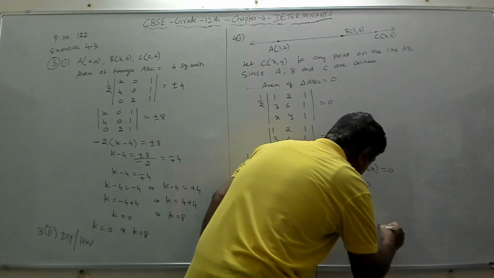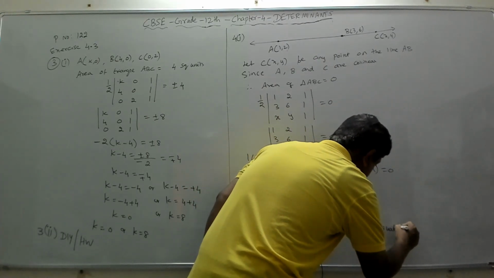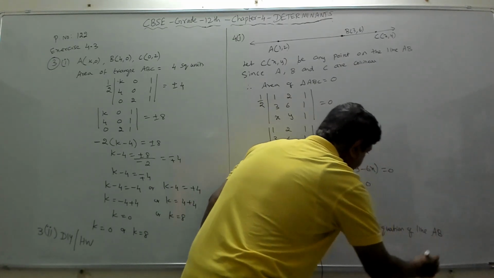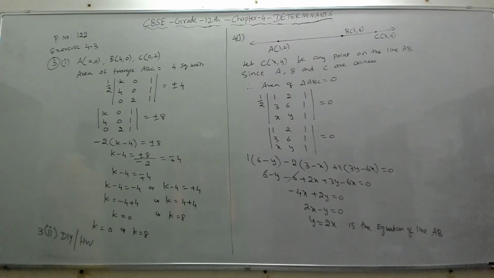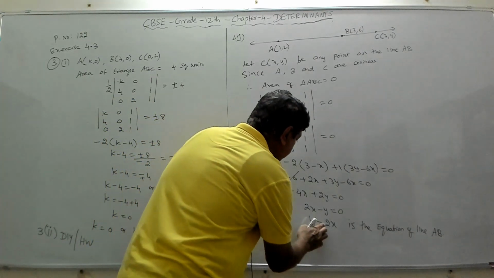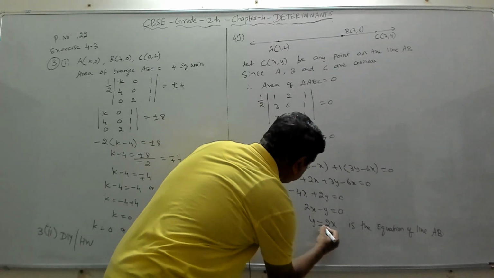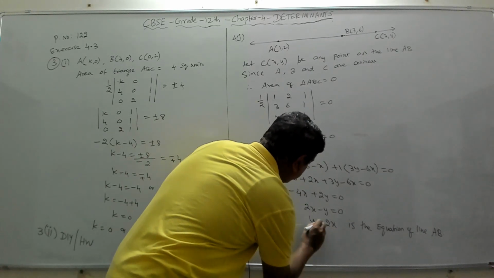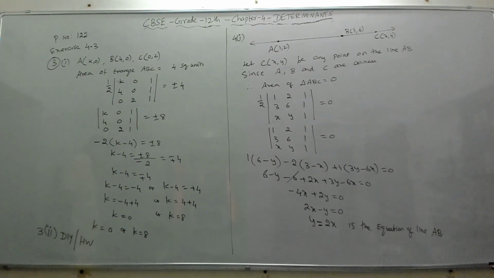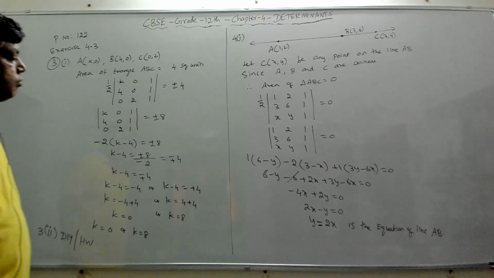Is the equation of line AB. So that is the answer. Y is equal to 2x is the equation of the line AB. Fine. So all of you can pause the video and take the notes, and the second part